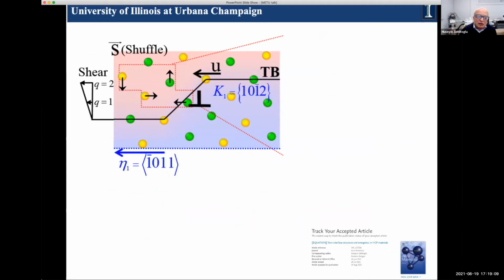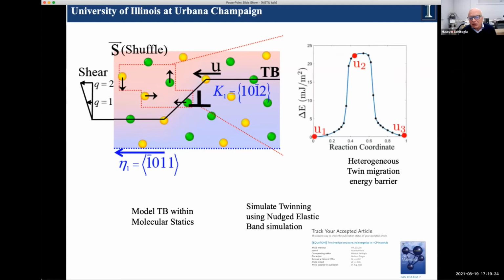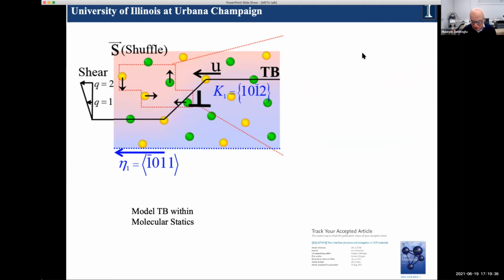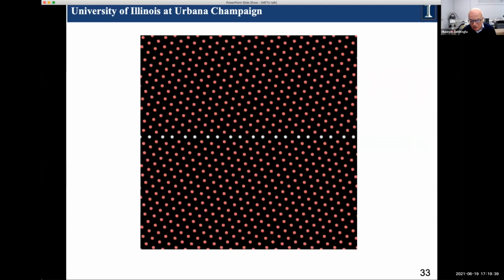Again, the motion here is similar to nickel titanium in the sense that it has a disconnection, and these are the shuffles involved, so it's a little complicated. We do have a calculation of the minimum energy path. This is a nudged elastic band calculation, and that's the barrier. So the barrier is not that high in our calculations, so it's a good sign.